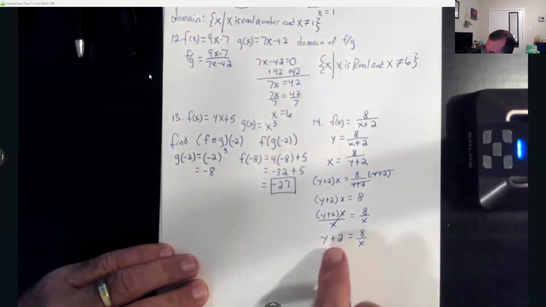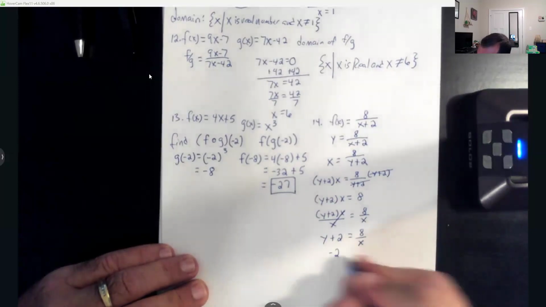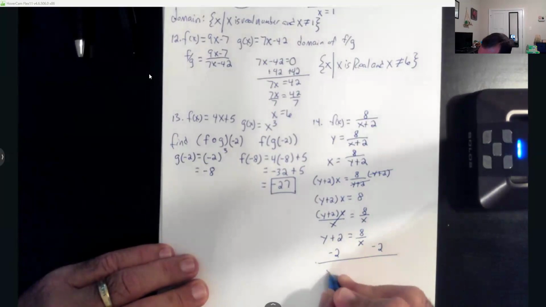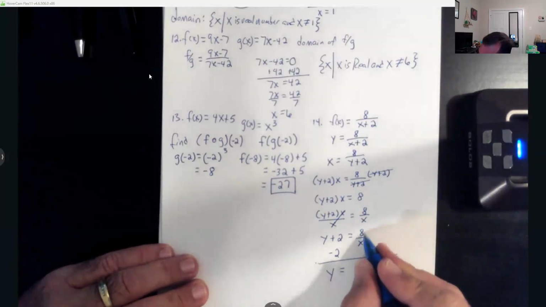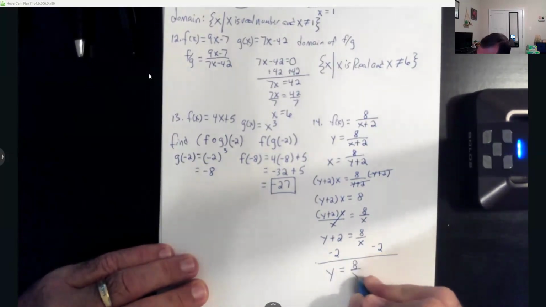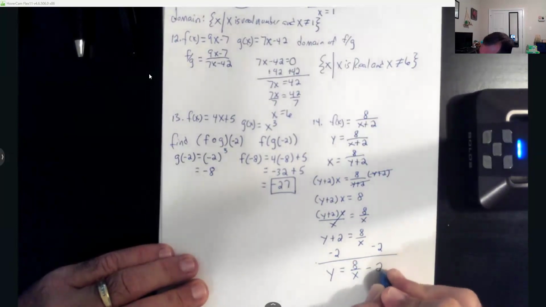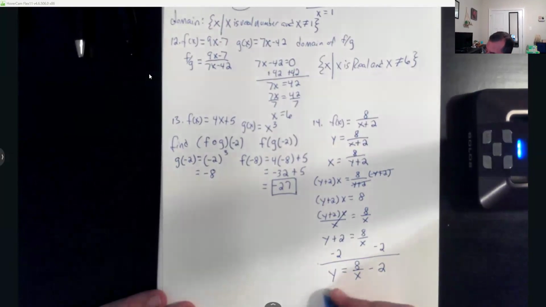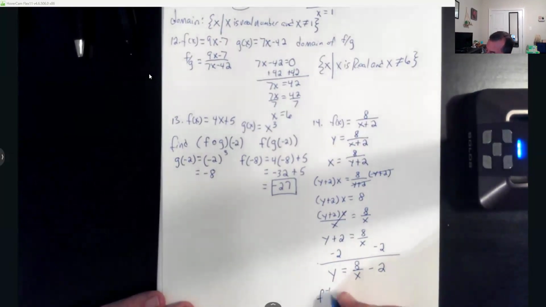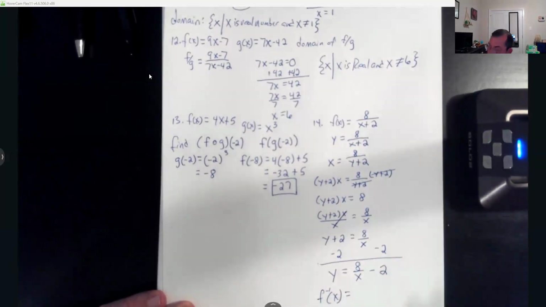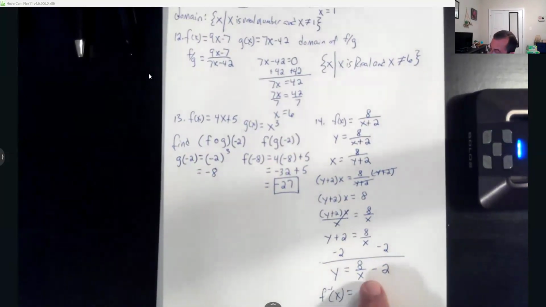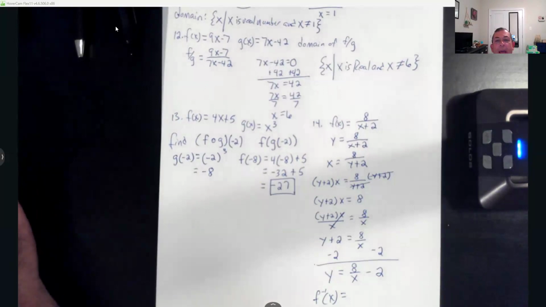And y'all, my last step, subtract 2 from both sides. So that's going to cancel, giving me my y equals 8 over x minus my 2. Okay? And then remember, the last step would be to turn the y back into the f inverse of x notation. But y'all, all we got to do is put that into the answer blank because MathLab is already going to give us,